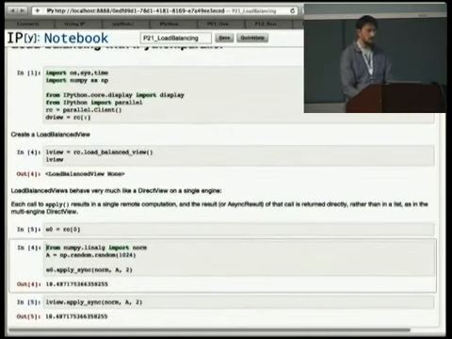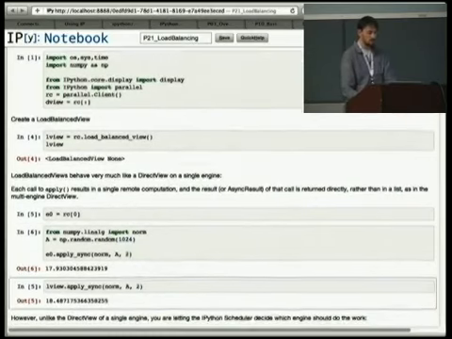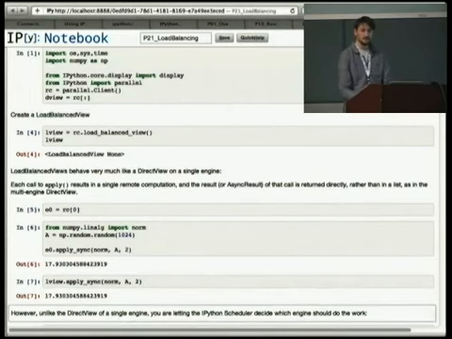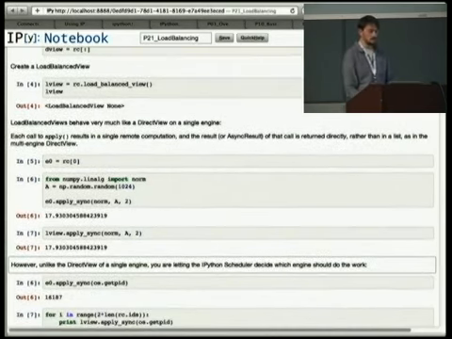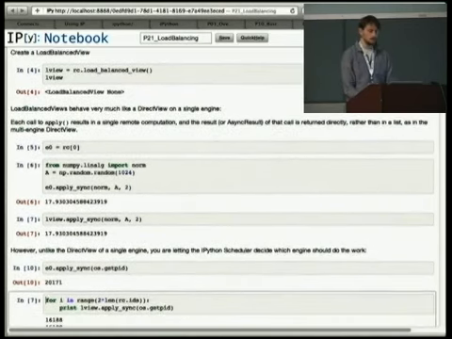So again, I'm going to create a single engine view and then perform a simple compute the norm remotely. And the load balance view looks like a single engine. It does the exact same thing. It provides the same interface as a direct view of one engine. However, unlike the direct view, which always runs on engine 0. So run that over and over again, and it always gets the same result because it's always happening in the